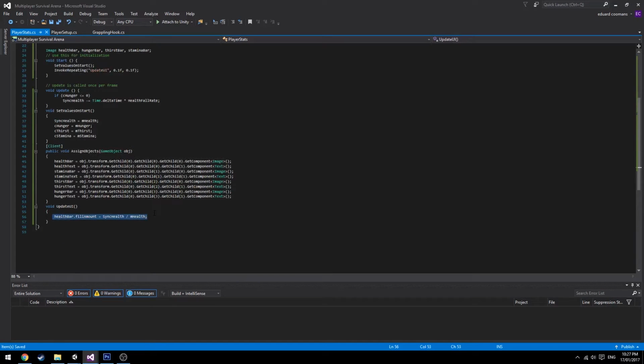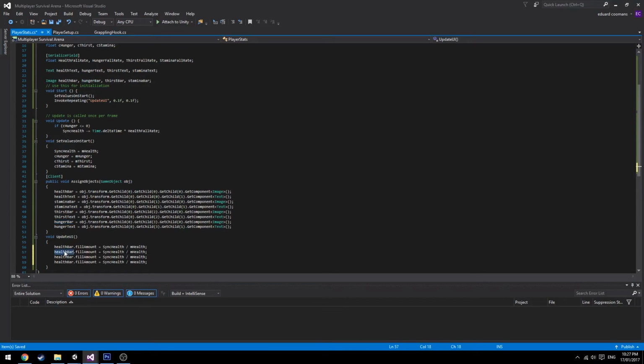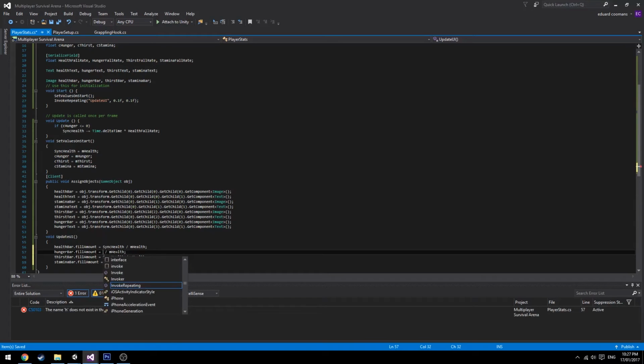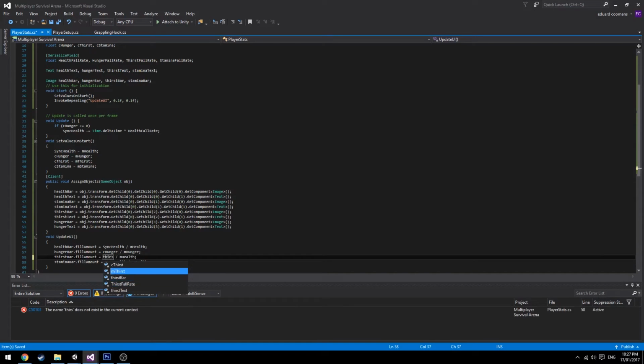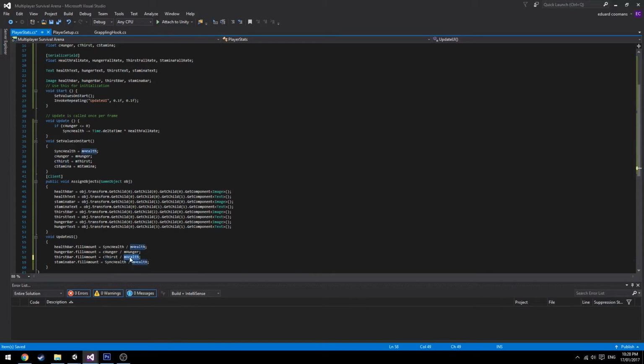So here, health bar, hunger bar, stamina bar, and instead of, we're going to say, well, let's get hunger, current hunger, hunger, thirst, the current thirst, thirst, current stamina, stamina, and now we want to